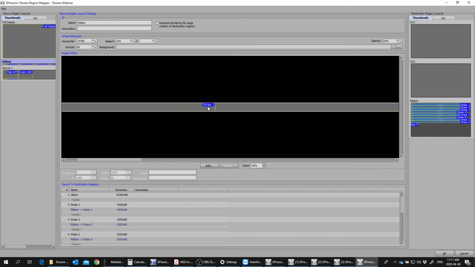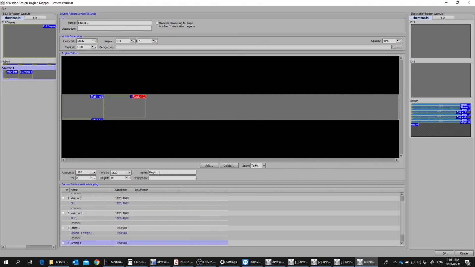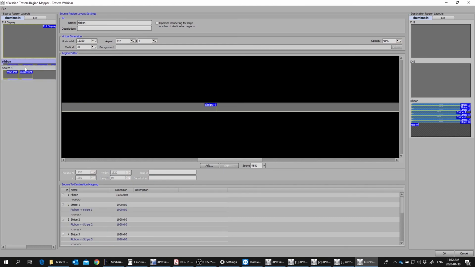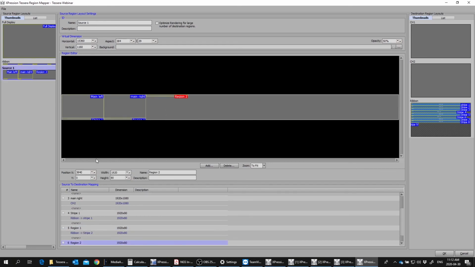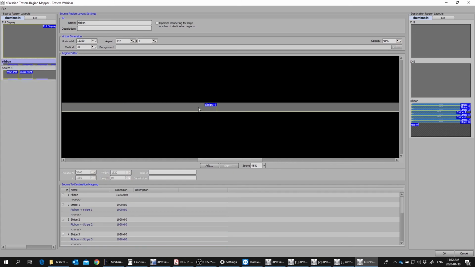So we're going to copy stripe 2, paste, and then position at 1080. And then we're going to copy stripe 3, paste, and position at 1080. And just rinse, repeat.